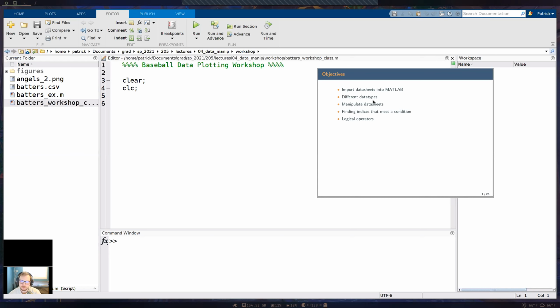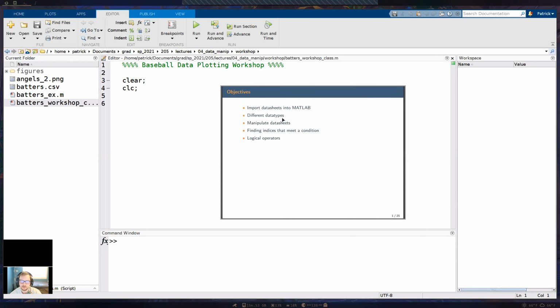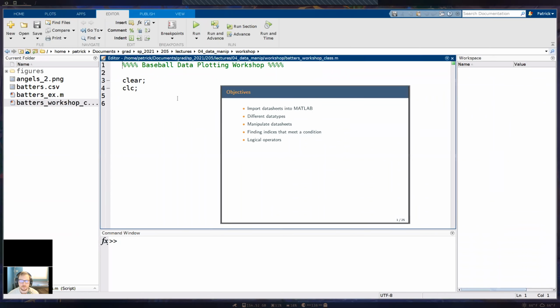Okay, so what we're going to do today is learn how to import data sheets into Matlab. So that data sheet that we just downloaded. We'll briefly touch on the different data types that we have in Matlab. That'll be something that we expand upon more later on in the class. Then we'll learn how to do some really basic manipulation for the data sheets that we import.